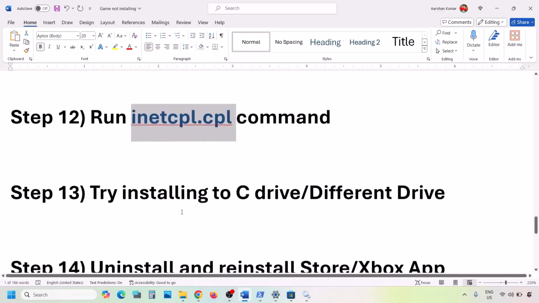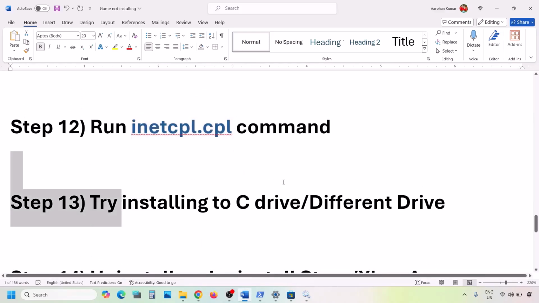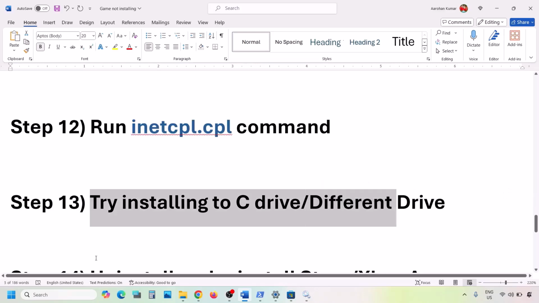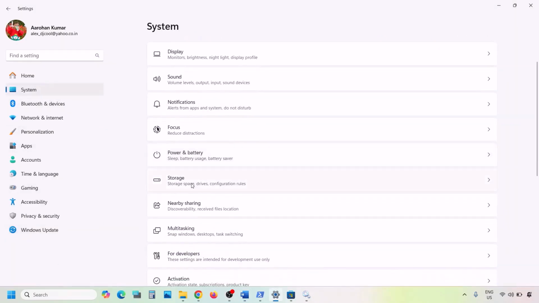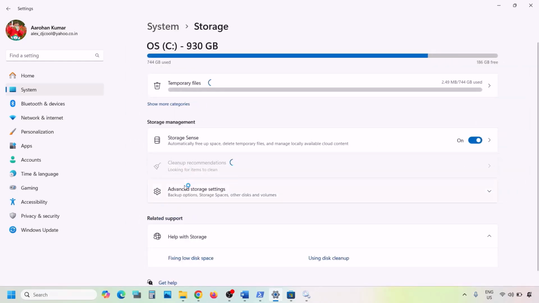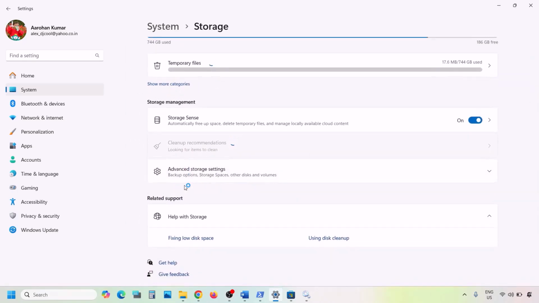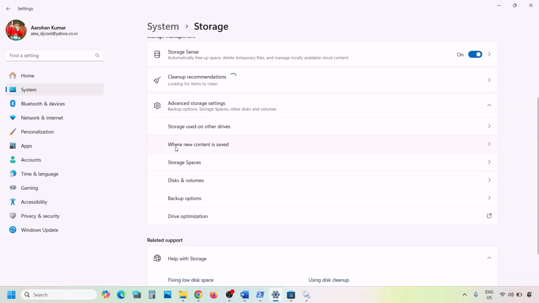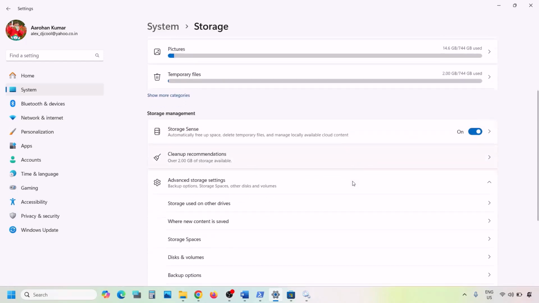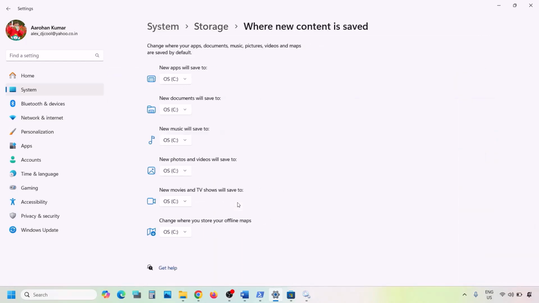Now the next step is to try installing it to C drive or a different drive. So in that case, you can open Windows settings, go to system, and then go to storage over here, and then you can change the storage. Click on advanced storage settings, and here you can see where new content is saved. You can click on it, and now if this is selected to some other drive, maybe D drive, select C drive and then check. Now if it is already installing in C drive, and you're still facing the problem,